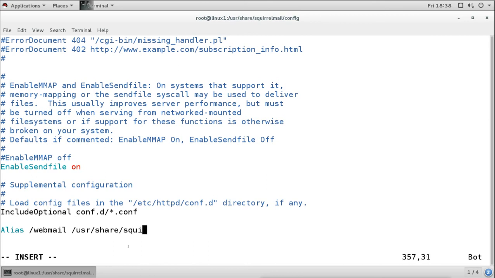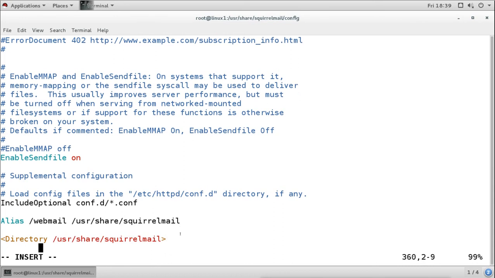You have to make sure the name is right and the path is right. Then, because we are adding the alias, we also have to add the directory syntax for it. That means Directory, open with the path, that is /usr/share/squirrelmail, with the options. I will say Indexes,